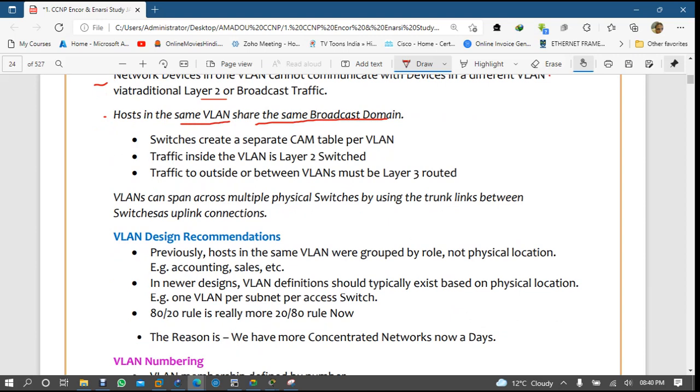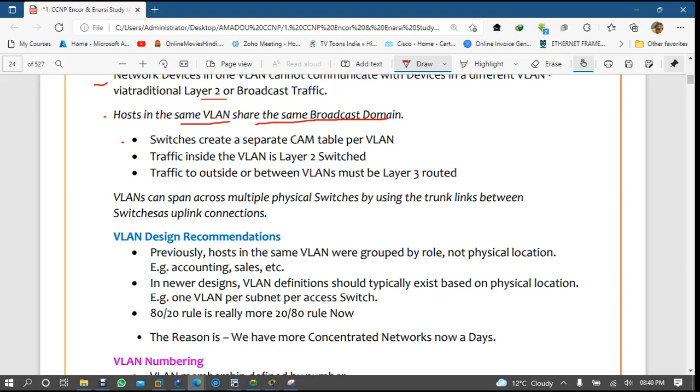Of course, if I'm in VLAN 10 and generating any kind of traffic,